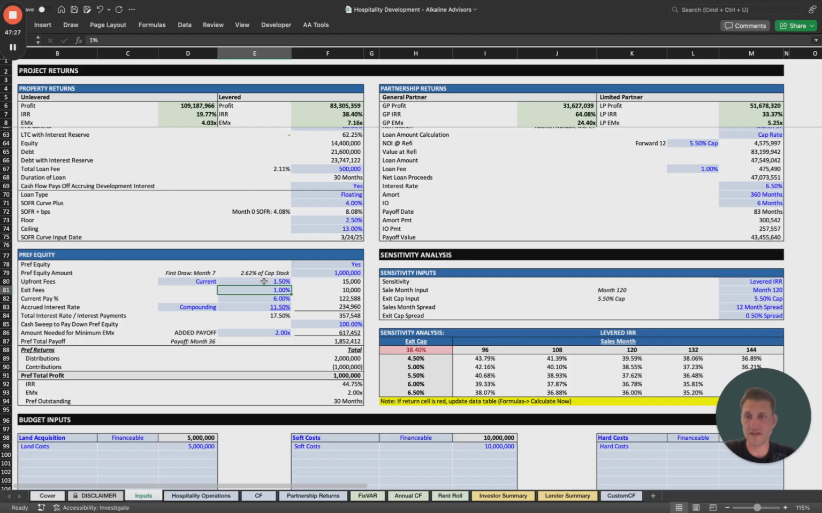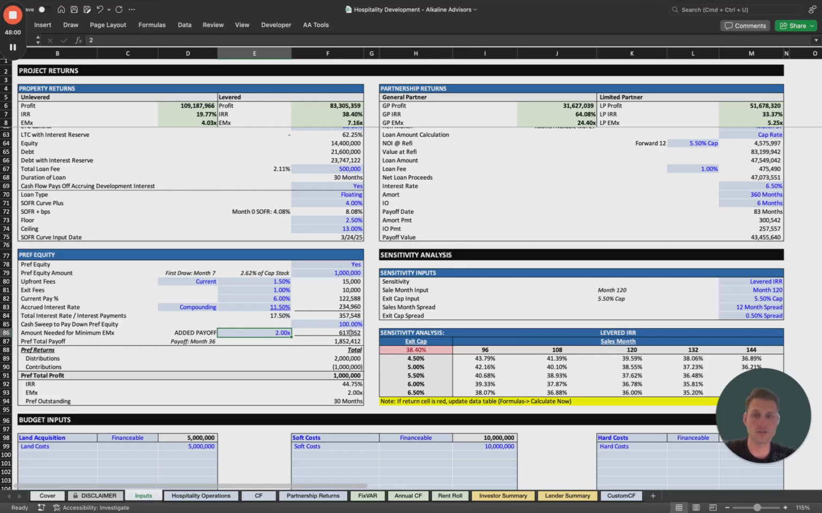Are there exit fees? What interest rate is assigned to the current pay? What interest rate is assigned to accrued pay? Is that compounding? Is it non-compounding? What percent of free cash flow are we sweeping to pay off this pref equity or Mezz debt slug? And then ultimately, is there a minimum equity multiple needed from this piece of the capital stack at the end of the day? So we'll keep this as 2 for now, but just so you can see, we have a